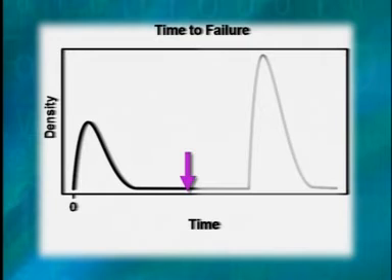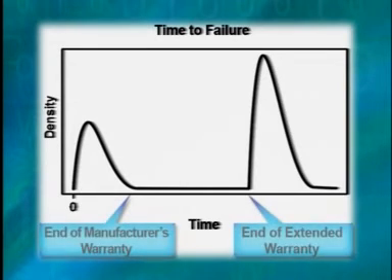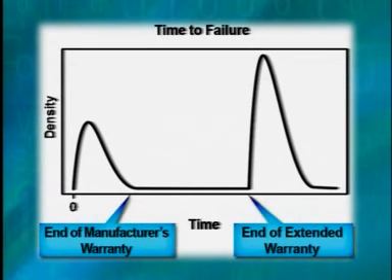But in fact, the distribution of times to failure may look more like this graph, in which case, this is the likely location of the two important moments. One is the end of the manufacturer's warranty, which is when things fail because of some manufacturing defect. Then once an electronic item is going, it works pretty well for a while. And then right about here will be the end of the extended warranty period, at which time a lot of these devices will break. At least this is the common experience of many people in trying to decide whether or not to